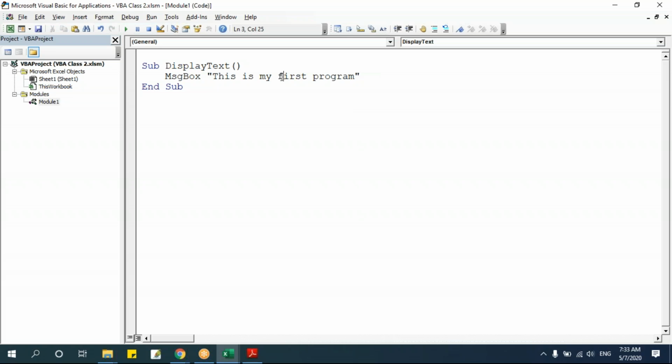Now I'll try to execute this. Execute means running this program. How to run this program? See, take your cursor somewhere inside here. It should always be inside the instructions, that is, between Sub and End Sub. Move your cursor like this. It can be anywhere. You have a green button here. It says Run Sub, or the shortcut key is F5. If I press F5 or click on this, see,